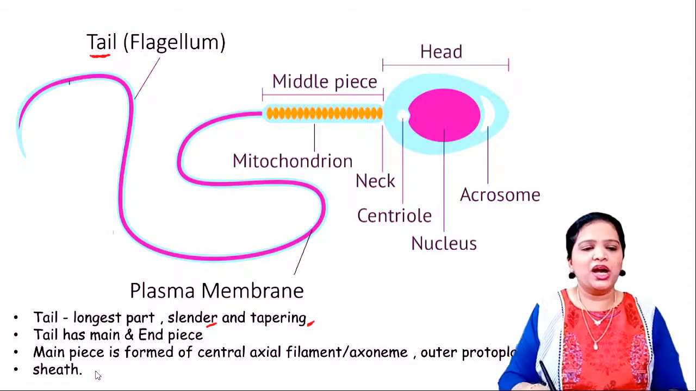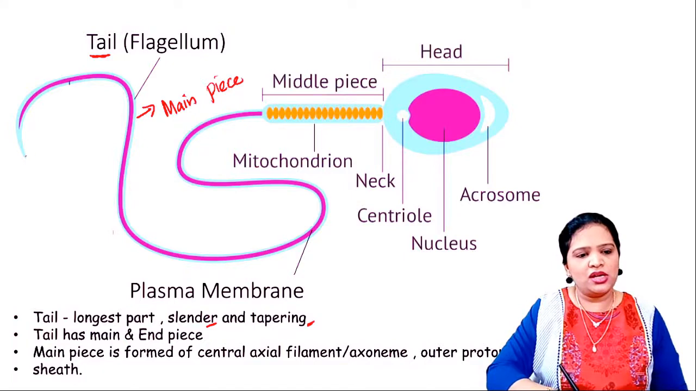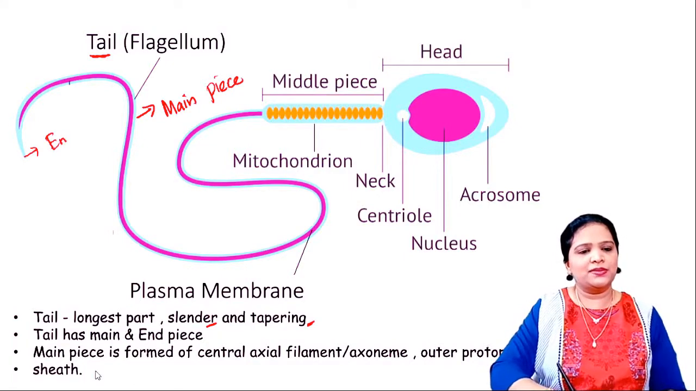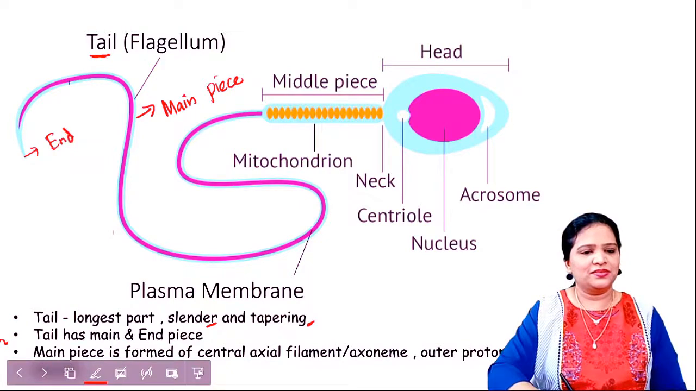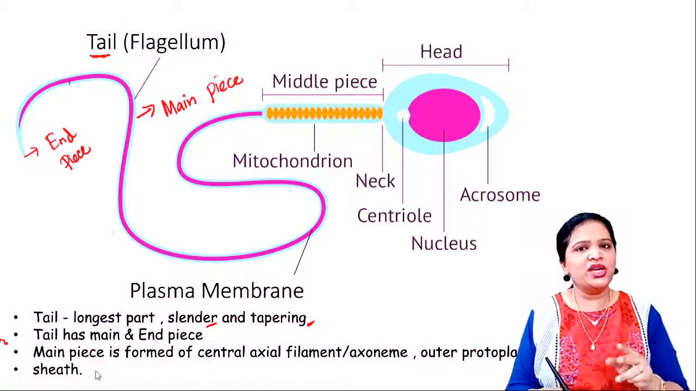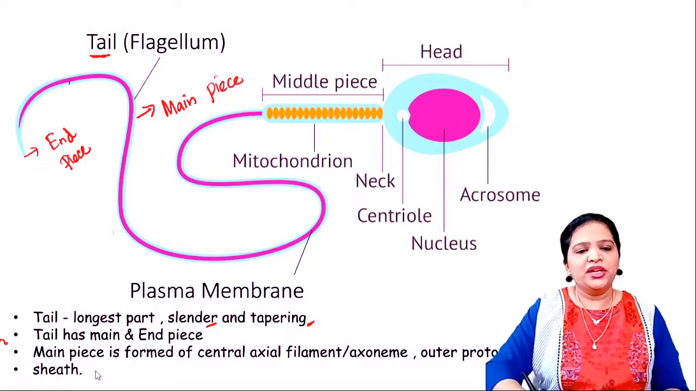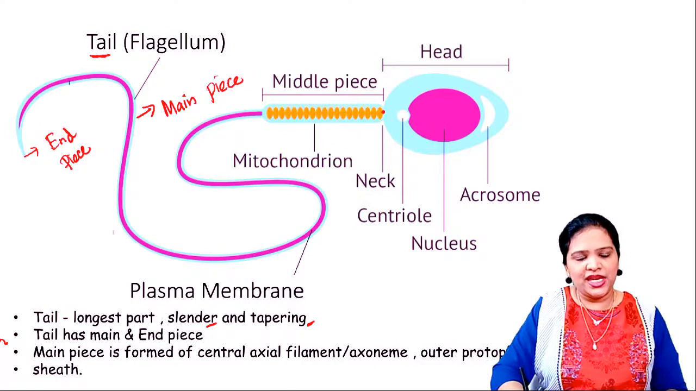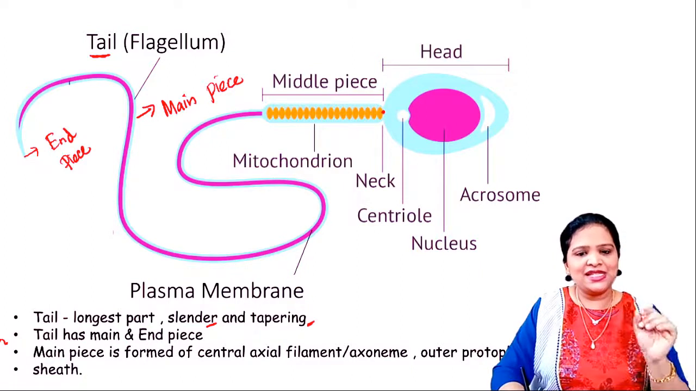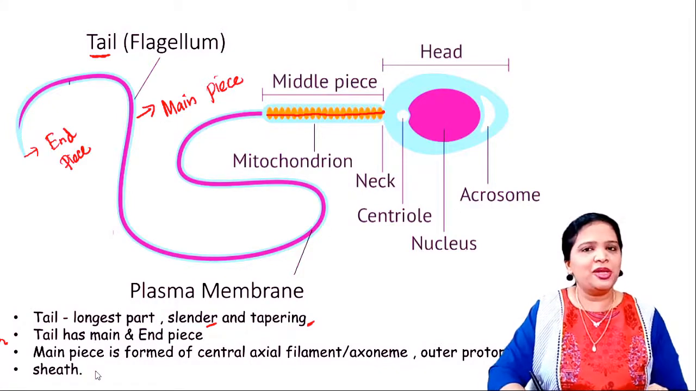This tail has two parts. One is called the main part or the main piece, and another is called the end piece. Fine. So the tail has two regions, main piece and end piece. So what is the difference between these two regions? See, here we know that from the neck, the distal centriole is there, which is coming like this as axial filament in the middle piece. This axial filament continues